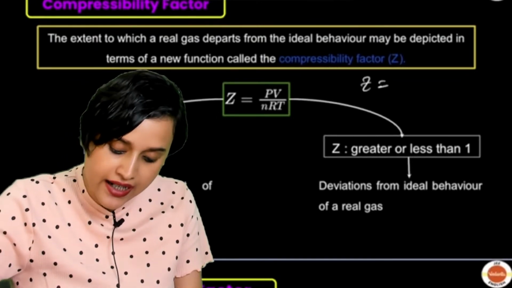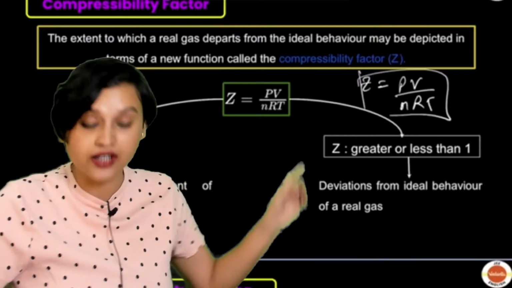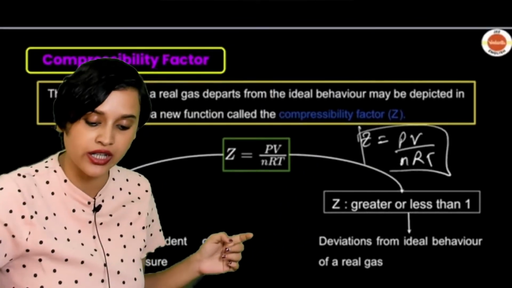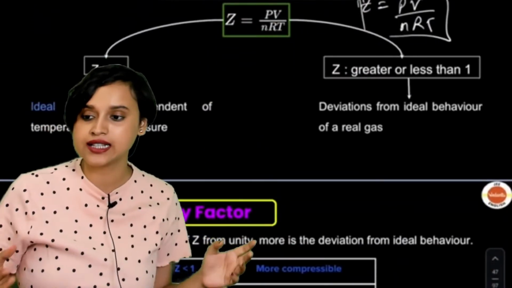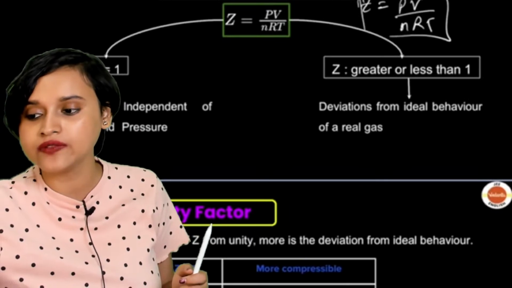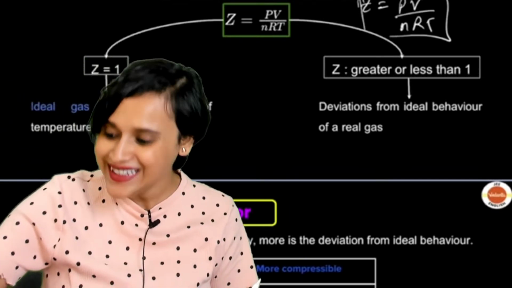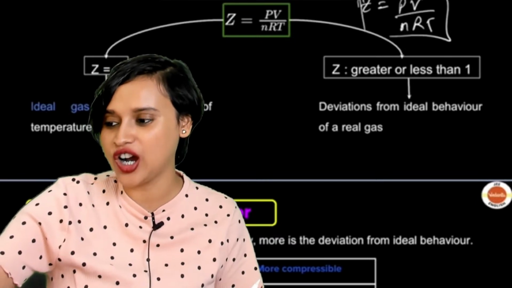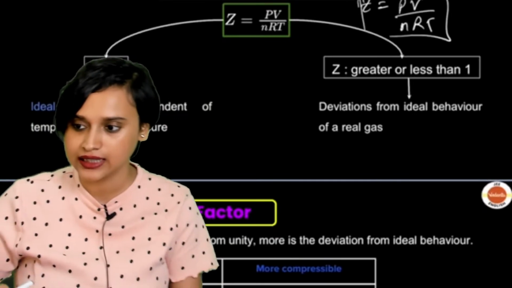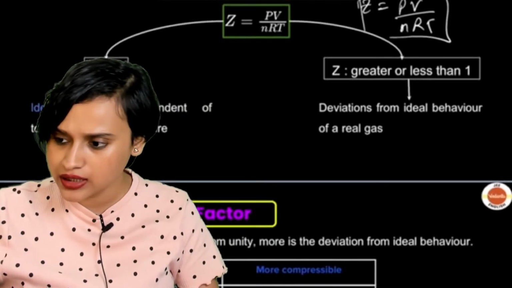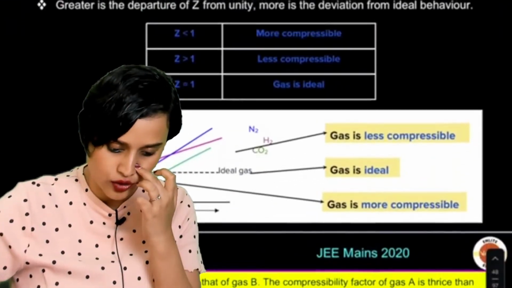So basically Z is equal to PV divided by nRT, which is something that is written here, as you can see. From here only I have just derived this. Cool, everybody, got it clear? And I just then said that n is equal to 1. What if n is equal to 1? Yes, absolutely right. That is exactly what I said, isn't it? Are you guys able to see it a little differently? No, everything is fine, right? Everything is fine, exactly.